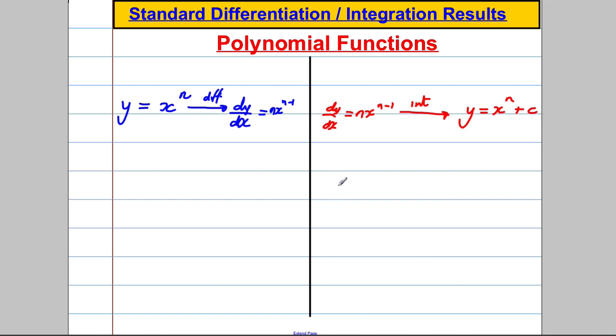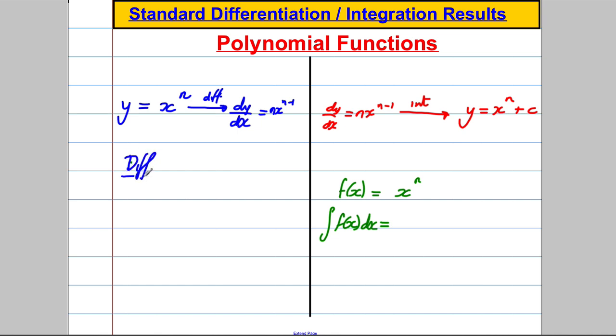Suppose someone gave me a function and they said that f of x, some function of x, is x to the power of n, and they wanted me to integrate that function. So I'm going to integrate this function with respect to x. What answer would I get? Well, how do I undo the process? When I differentiated,